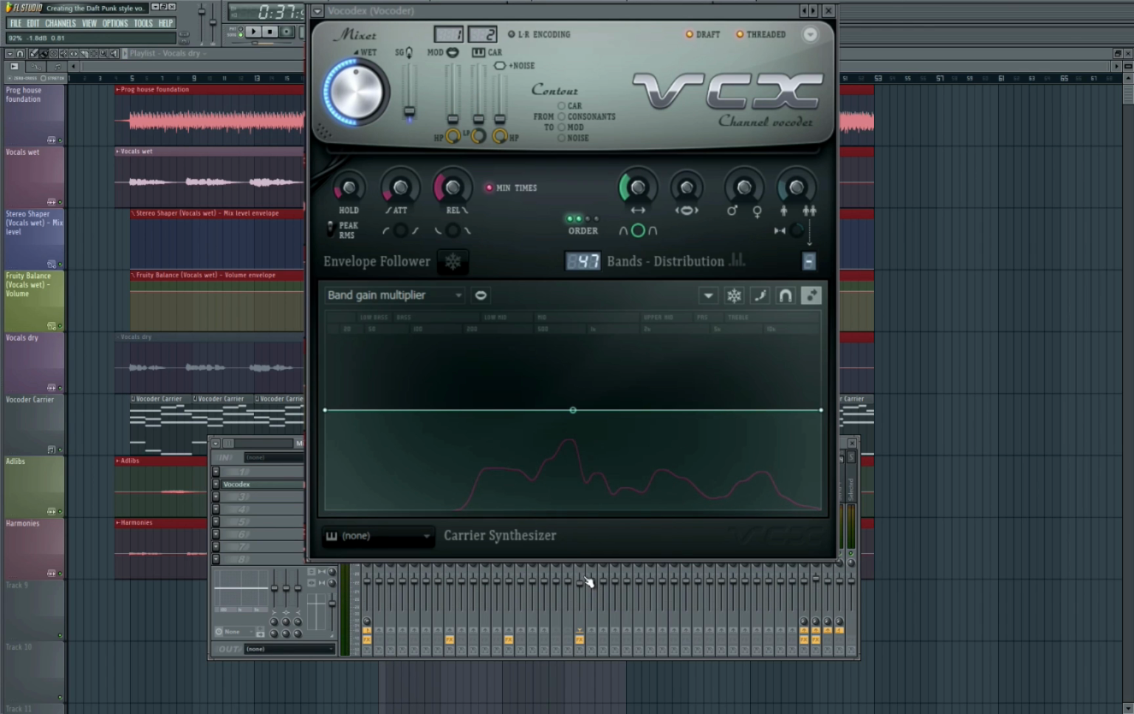So now we have the vocoder set up and ready to go. So let's have a look at a couple of the settings to see what we can do with it. This first dial here, this is used to allow more of the original vocal through. So as I pull this up and down, you'll start to hear the original vocal being put on top of